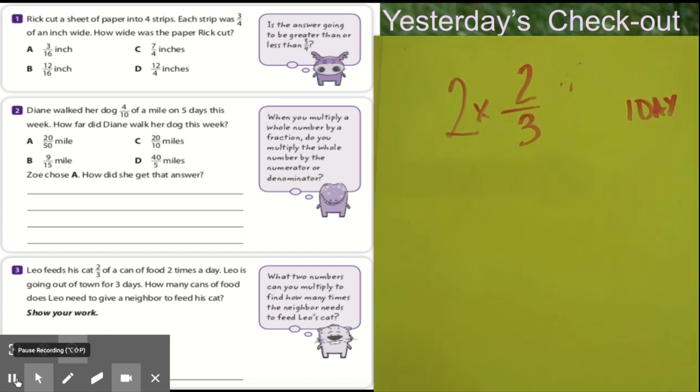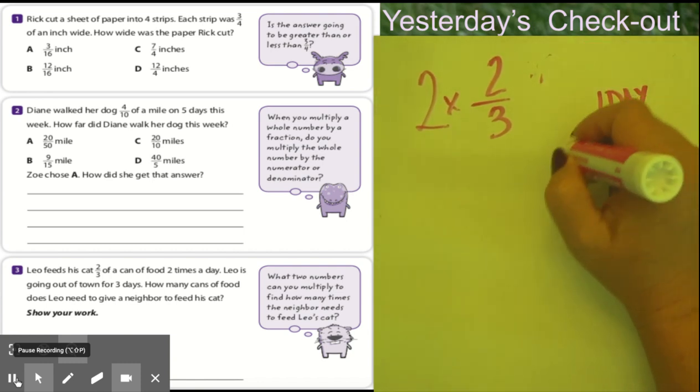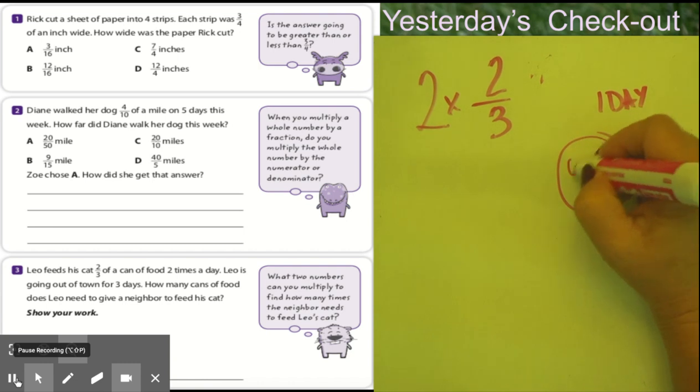The question goes on. It says Leo is going out of town for 3 days. How many cans of food does Leo need to give his neighbor to feed his cat? So inside your head, if you don't have a cat, and I know a lot of you do, but if you don't, cat food comes with this little